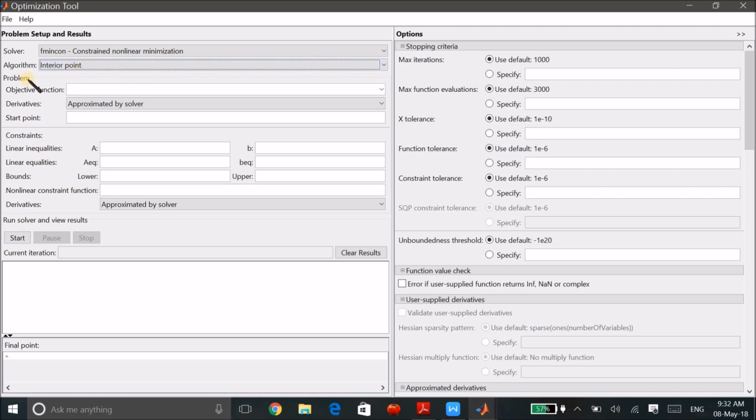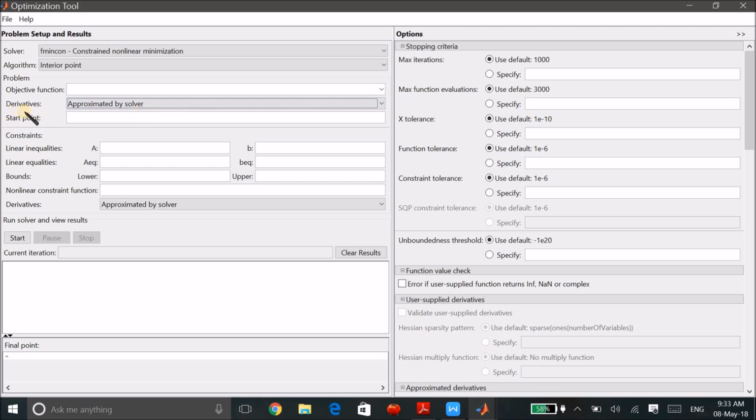Now after this we have the problem. In any optimization problem, you have to provide an objective function which defines or governs the real world problem. Then we have constraints, which are basically the restrictions. The objective function you will provide through the function in the editor, and we will call it here. Then we have derivatives. The derivative is by default approximated by the solver. If you do not provide the gradient, the solver estimates it via finite differences. If you provide gradients, your solver need not perform this finite difference estimation, and it can save time and be more accurate.